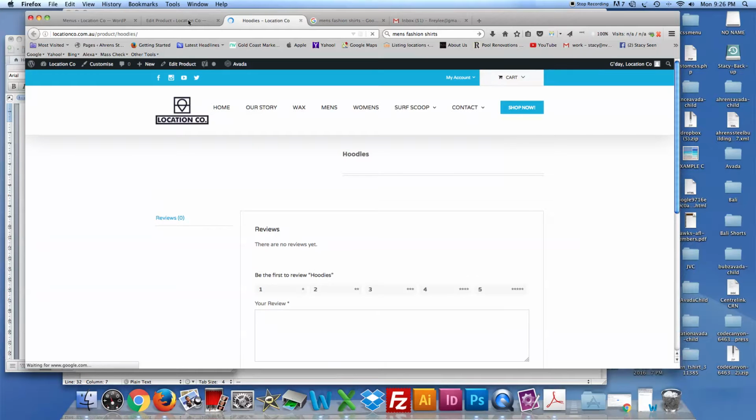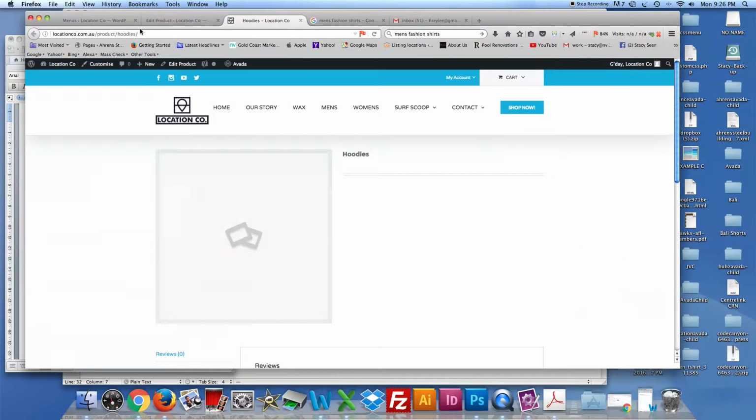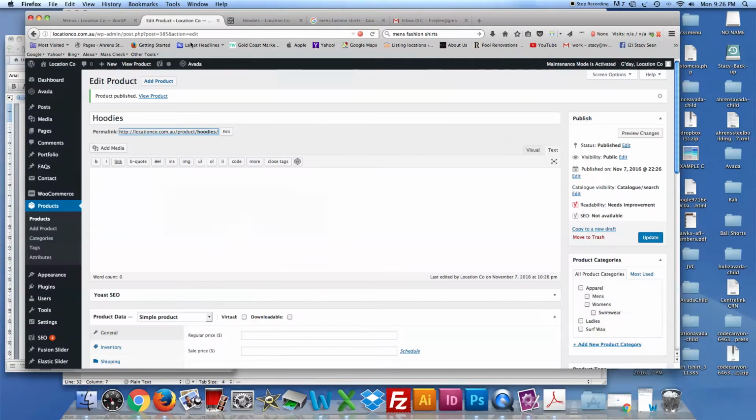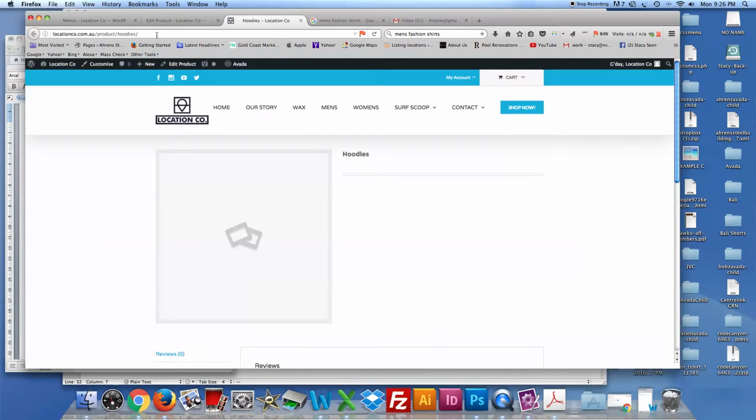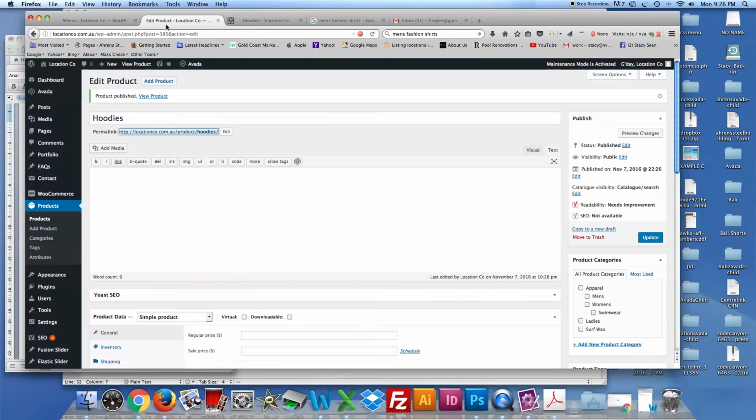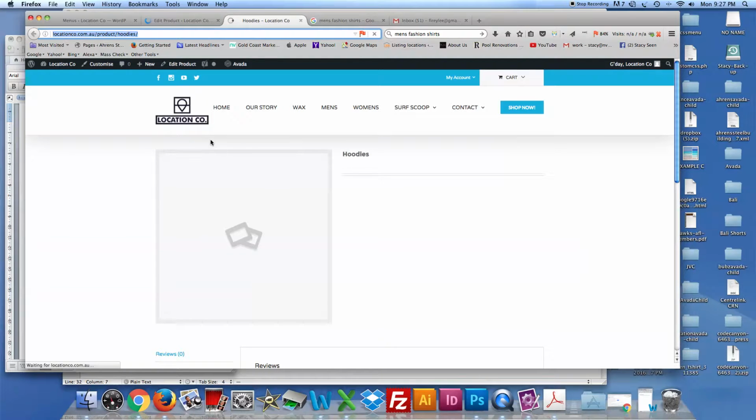So as you can see, right there, hoodies has become part of the permalink. Now the permalink, which is what you'll read in the back end quite a lot, is actually the URL. So this is what people would have to type in up here to basically get to this page. You can always change that if, for instance, you wanted to keep that to hoodies and you wanted the URL though to be surf hoodies. You would just simply go in there, make your amendments, update it, refresh, and as you can see, it's been